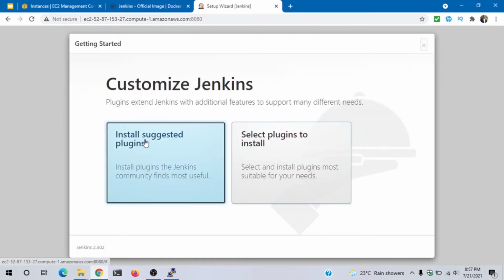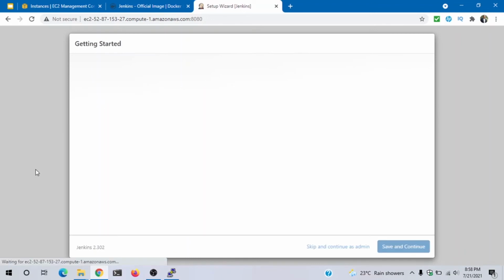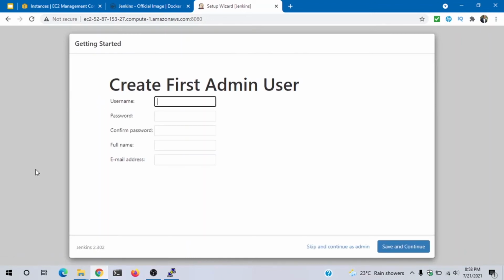Now I'll go with the suggested installation plugin. This will install the suggested plugins for us. Yes. Now that the installation is completed, we can create a user. Again, I'll create a username and the password.